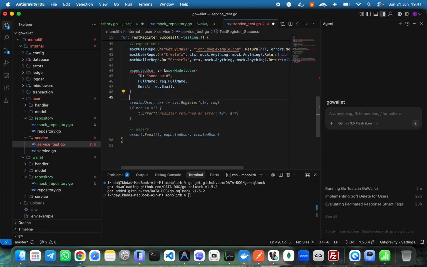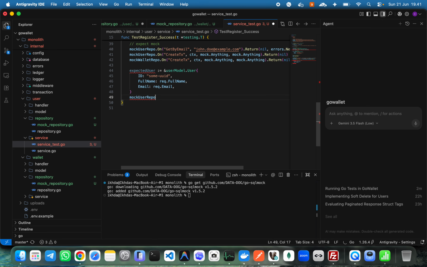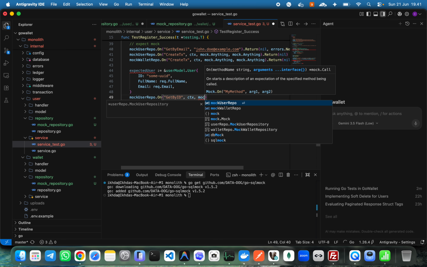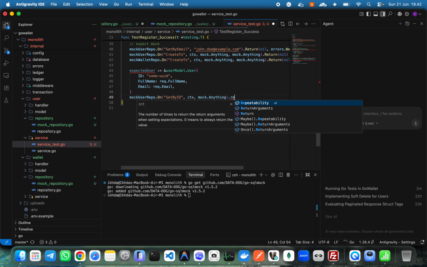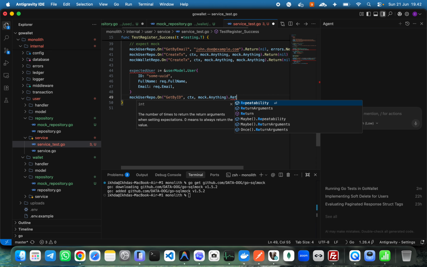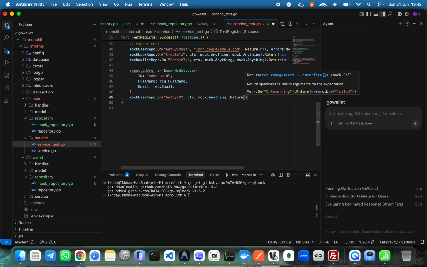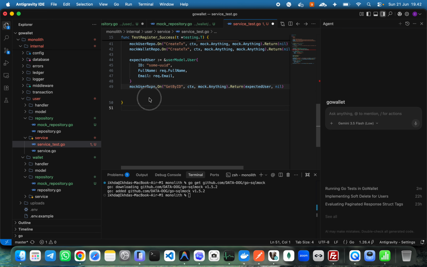Okay, then mock user repo on get by id, context, mock.Anything and return expected user and nil,